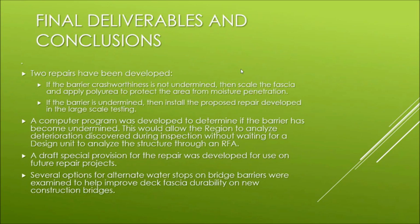So to summarize, what we managed to get out of this project were two different repairs. If the barrier is not undermined, then the plan would be to just continue scaling the way we do, but apply a polyurea coating, which would protect the area from moisture and potentially prevent it from getting worse. And then if the barrier is undermined, then they could install the proposed repair as we saw from the large